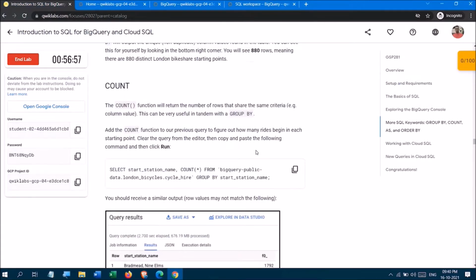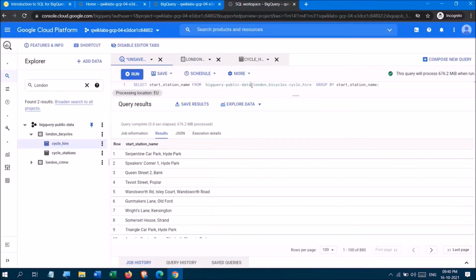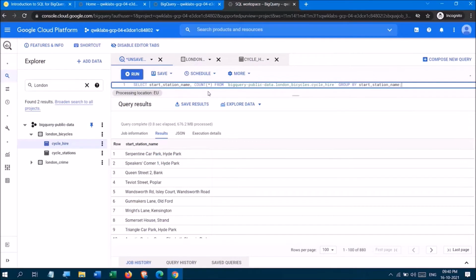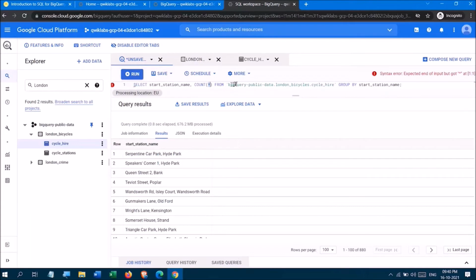Now what the COUNT value does is that when you are using a GROUP BY keyword, it will return the number that shares the same criteria. So for this, take copy and paste. So this is the select query. This is the column which we have selected, and we are counting. We are returning all the values from this data set by grouping by start_station_name. Okay, now if you run it,